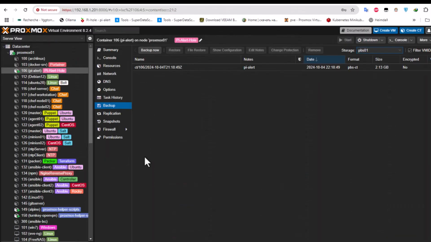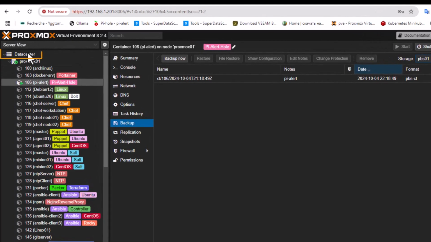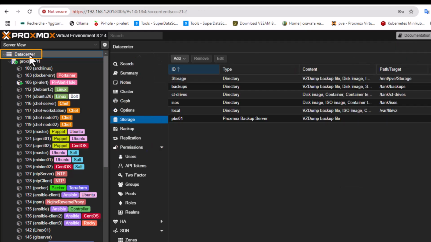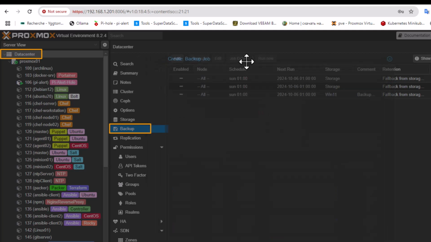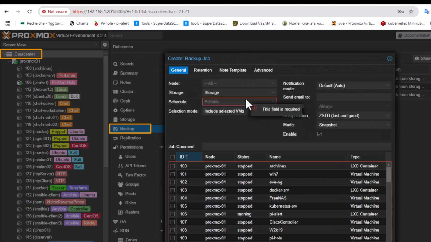There is also another method, but this time you will not have to go to the virtual machine or container directly, but you go to the data center of your Proxmox virtual environment. Here we go. Let's click on it. There is also a section called backup. If I click on this backup, you can see that I have a button called add. This add button, if I click on it, will allow me to create what we call a